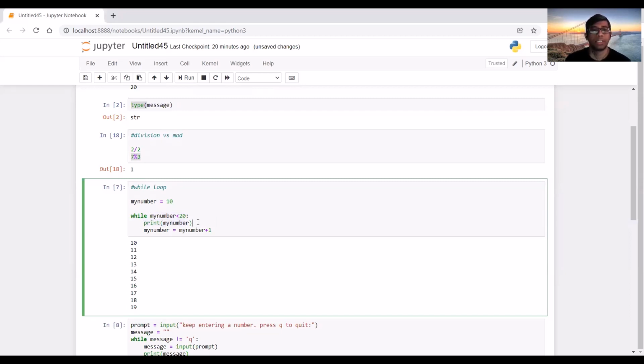So at first it will print 10, and then it will increase the value of my number by 1, and then it will check again whether it's smaller than 20. So then it will print 11, and then it will check again whether it's smaller than 20. So you can understand that this loop will